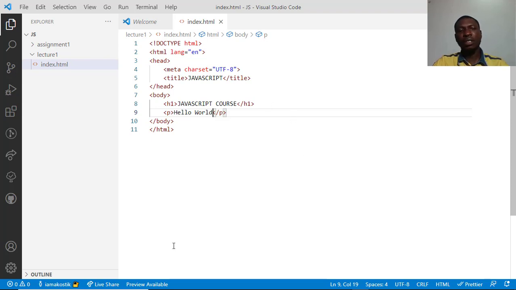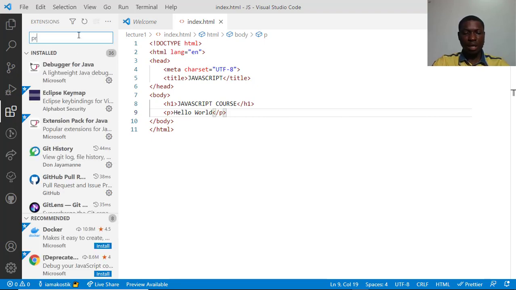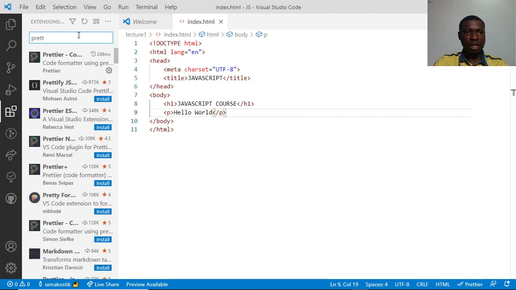Now I have several extensions installed on my VS Code, and one of the extensions I have is an extension that allows me to preview HTML code like this without going into my browser. Note, you would also go into your browser as time goes on. Now one other extension I have installed is called Prettier.